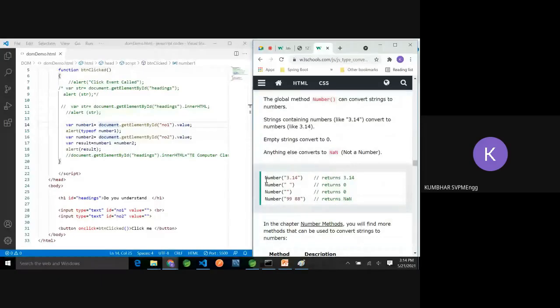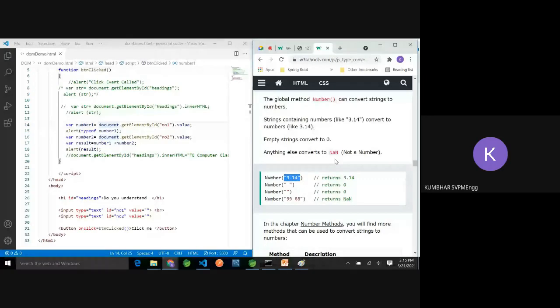Yes. So here it is converting string to numbers. For that, the function is Number. To that we have to pass the string. I hope you are able to observe this on the right hand side.